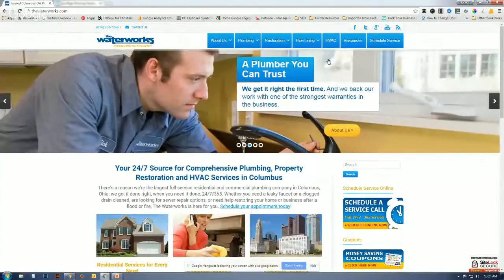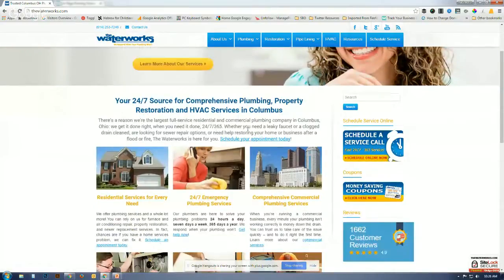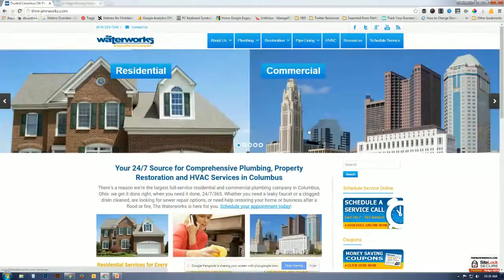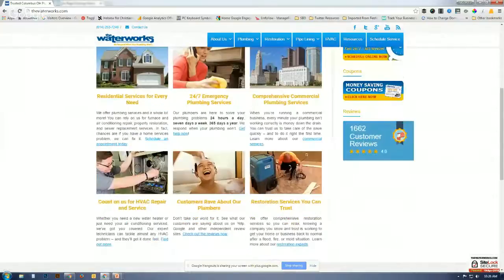So this is a fairly big company, it seems to be. So they have HVAC, restoration, and many different things that they're offering. But this particular page does have the elements needed for plumbing, as it talks about commercial plumbing company in Columbus. So there you go. It's got the content. Now, for instance, image alt. Now, the way Google sees what's in the content of a picture, so to speak, is the alt text, which is in HTML. So we'll see if there's a